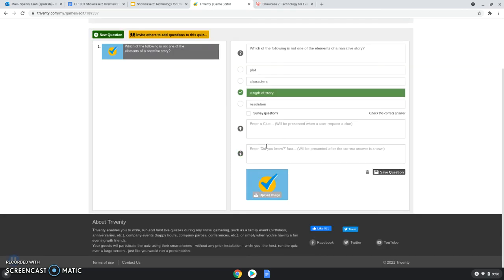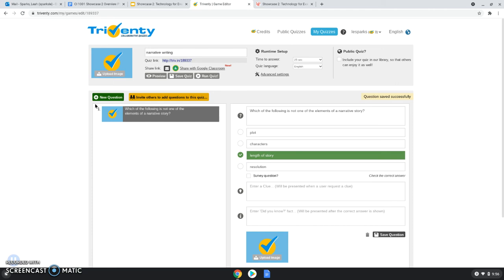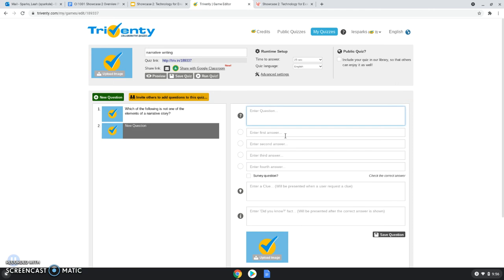And then it also has a clue or a hint that you can add in there. You can also upload an image. So we can save the question, go on to the next one. New question. So something that we could say about narrative writing, a question,